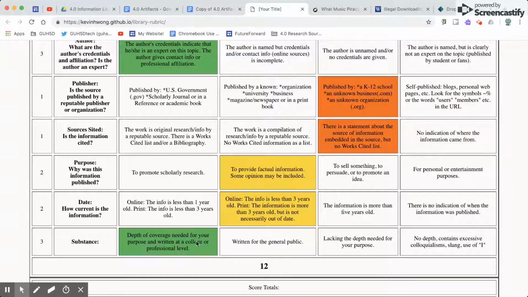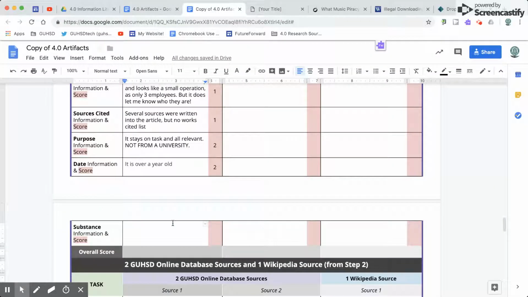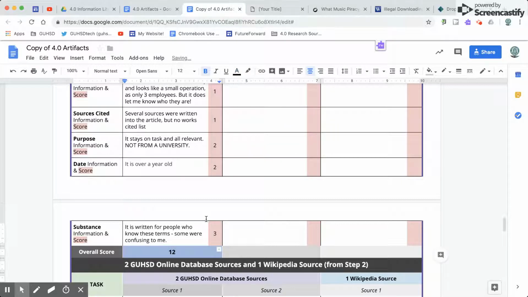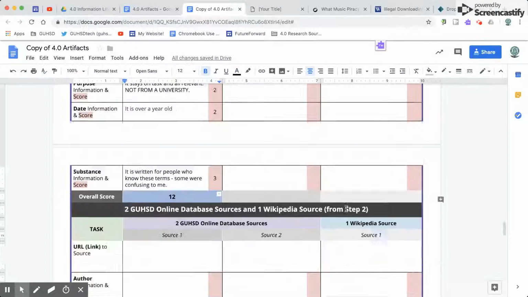I'd say there's pretty good depth. There's lots of source integration. So we will give it a 3 with a total of 12. And let's go back. Again, here are my thoughts. There's a 3. And there's a 12. So that's how we're going to use the rubric to analyze these three sources. And then again,